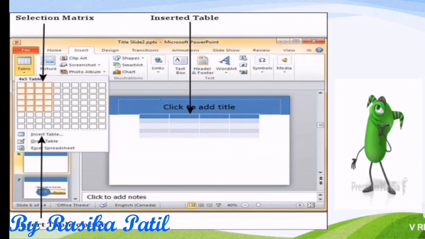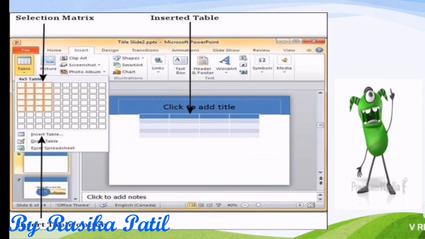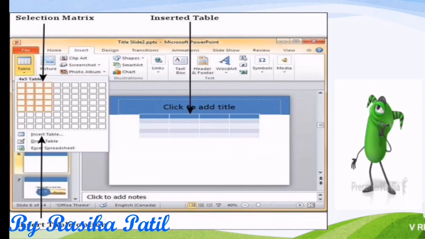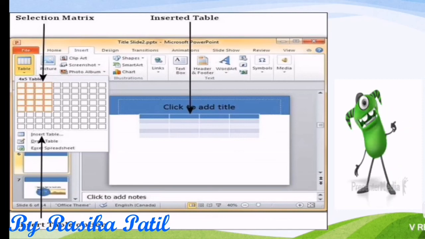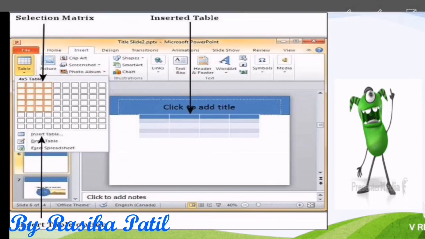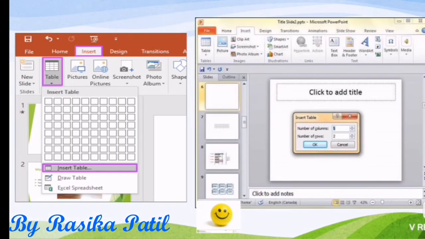This is one way of adding a table into my slide. The next one, let us go by inserting a table. So how to use this option? Once I have selected the Insert Table option, I will get a small message on my screen, Insert Table, where I have 2 options, number of columns and number of rows.